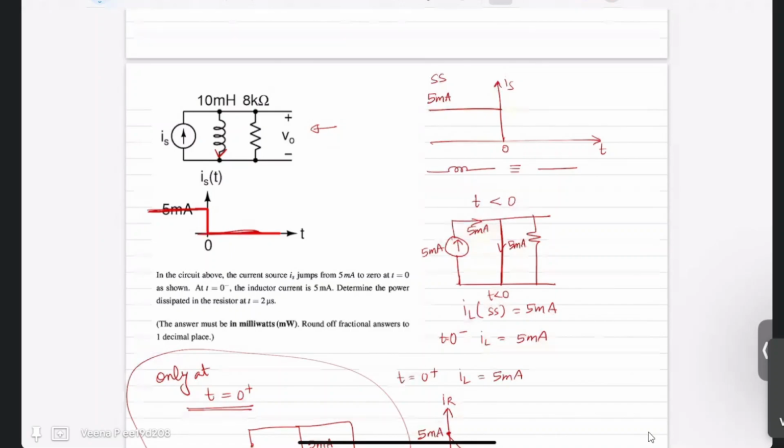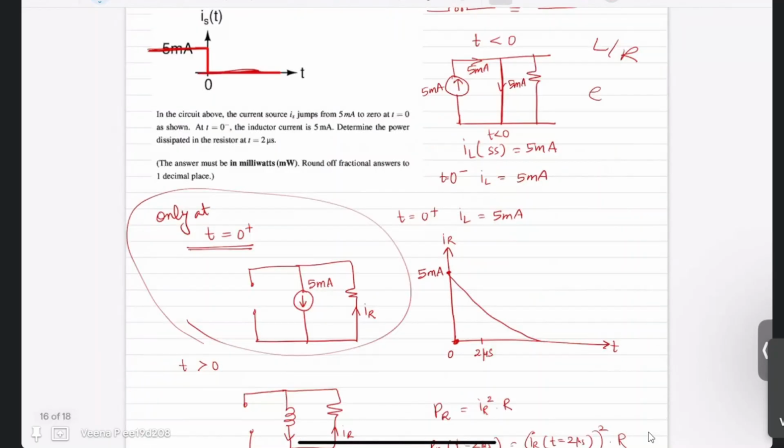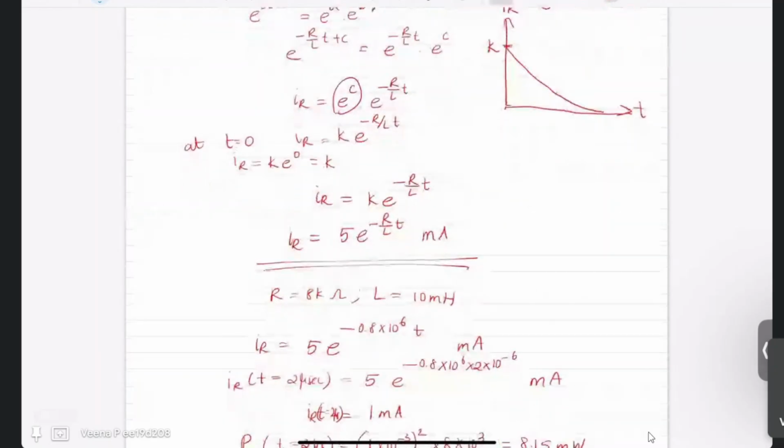And this is an RL circuit, so it doesn't have any source. That means the current as well as voltage will decay with respect to time. And the time constant is L by R. Through practice only you will get to know this. It is a very basic, very prime solution. So while you practice more and more, you will get it.